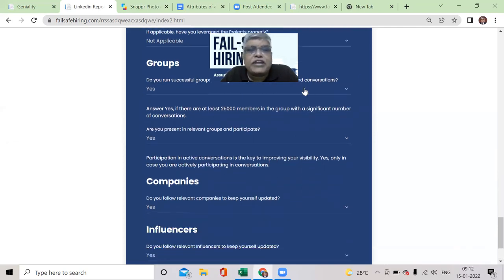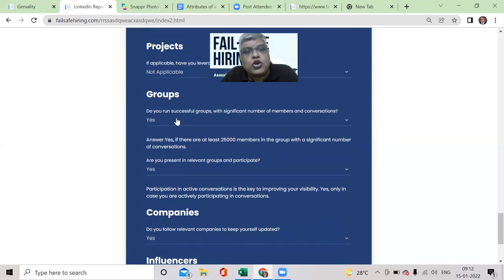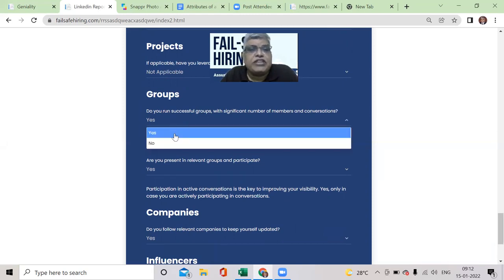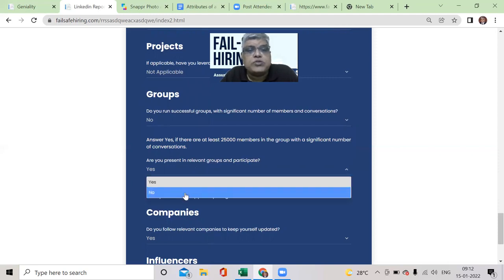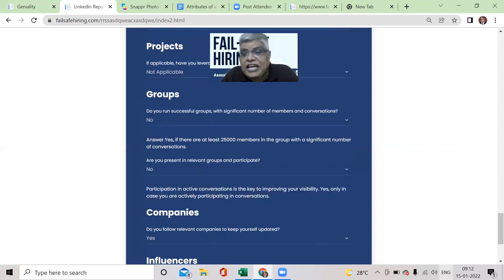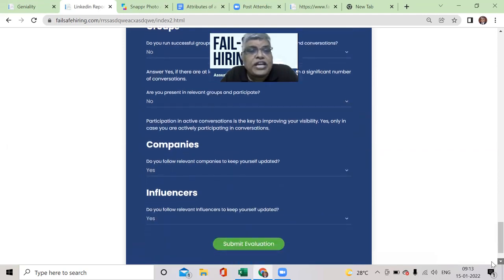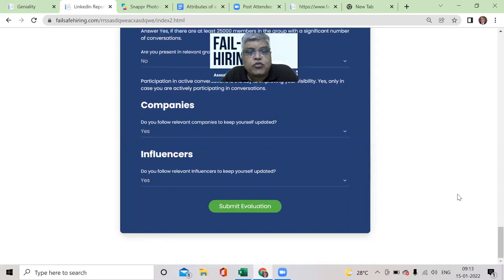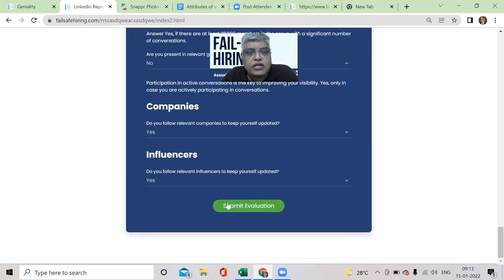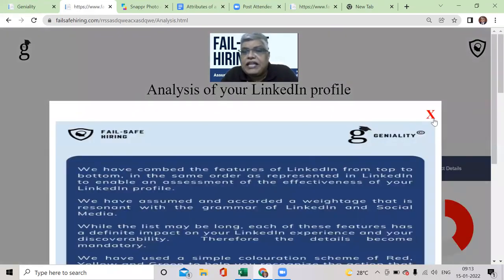It's very important. Look at the criteria for groups. You have to be successful. Do you run groups with significant number and conversations? We've qualified that with 25,000 members. And are you present in relevant groups and participate? Participating in active conversations is a key to improving your visibility. Yes, only in case you're actively participating in conversations. You need to follow your companies and influencers, and once you're done, you submit, and then you come